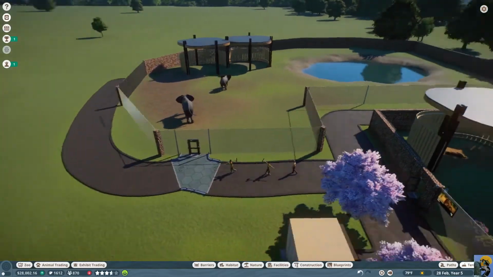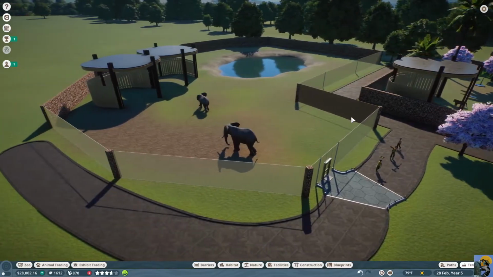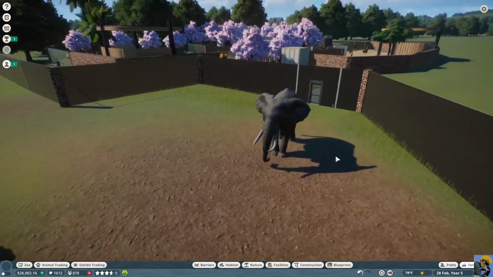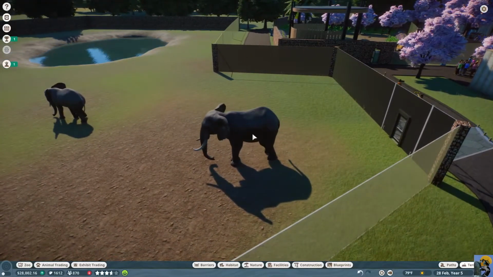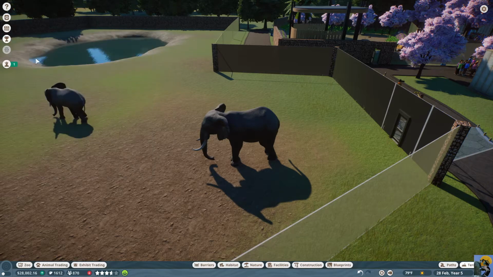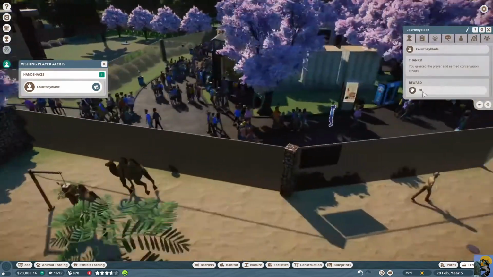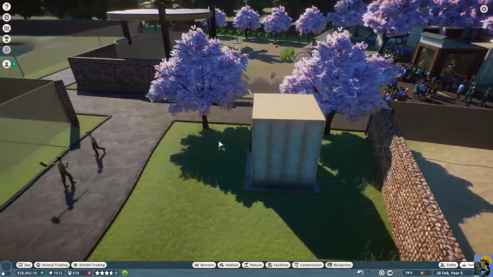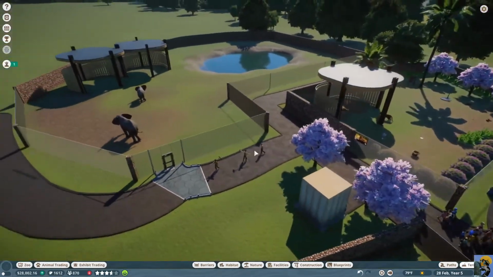And this is the beginnings of a beautiful elephant habitat. Look at this majestic animal. Who wouldn't want to come to the zoo and see this, right? Okay. Yeah. Hello. Alright. Next thing to think about is